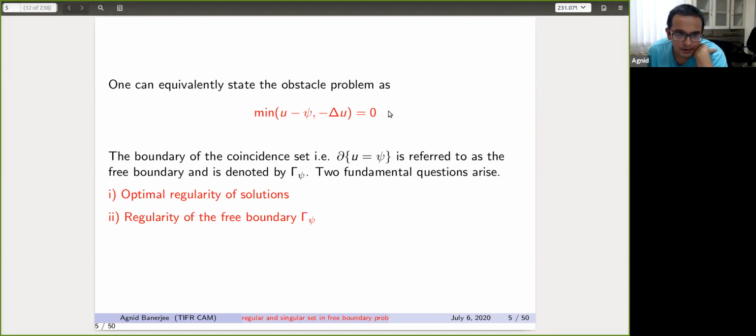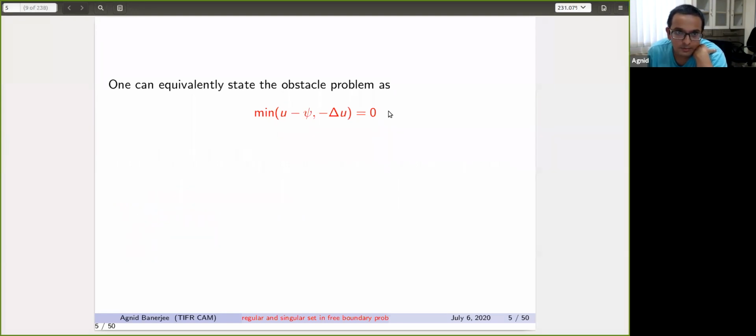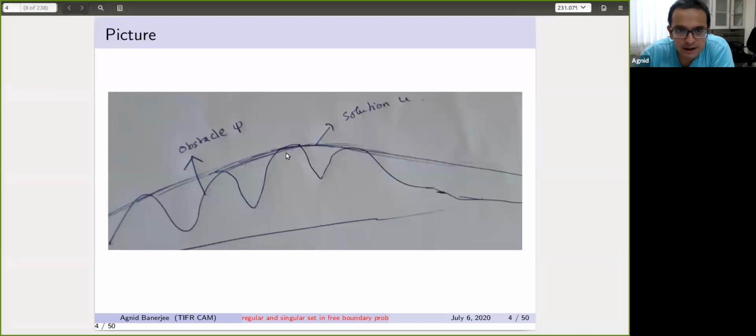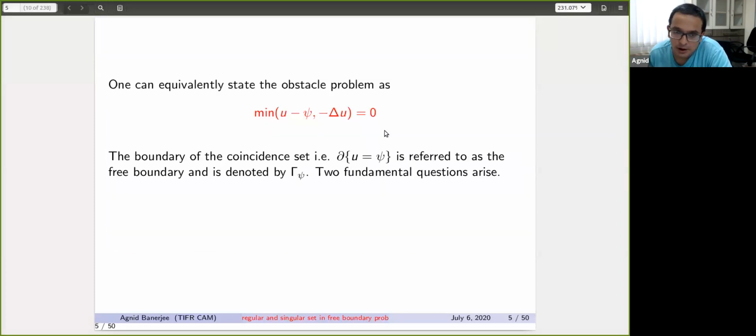So in order to understand the optimal regularity of the solution, let's go back to that picture. If you look at this picture, what you see is that at the coincidence set, so let's think of it in the higher dimension, the Laplacian of u has to match the Laplacian of psi because it's touching, right? So there it is superharmonic. And by the time it leaves the obstacle at the no contact set, it has to be harmonic. So in the very general situation, the Laplacian has a jump by the time you leave the free boundary. So the best regularity that is possible in this case would be C^{1,1}.